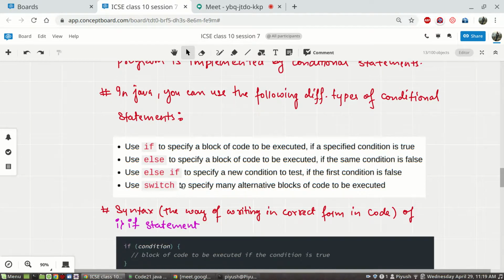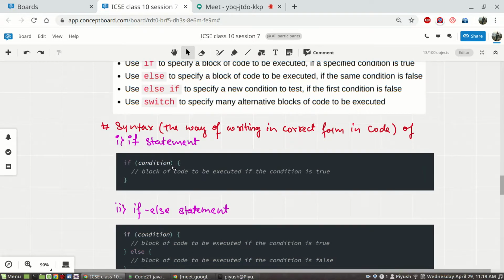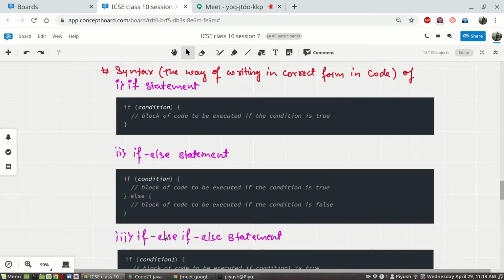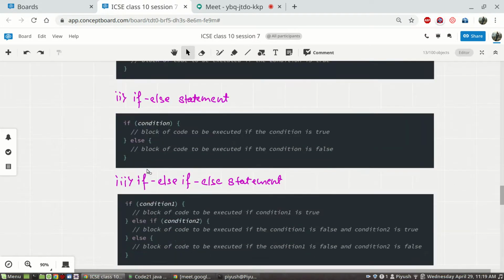Switch we are going to complete afterwards. So there are three versions: if statement only, if else statement only, if else if and else statement. These are the forms of writing these different types of statements.